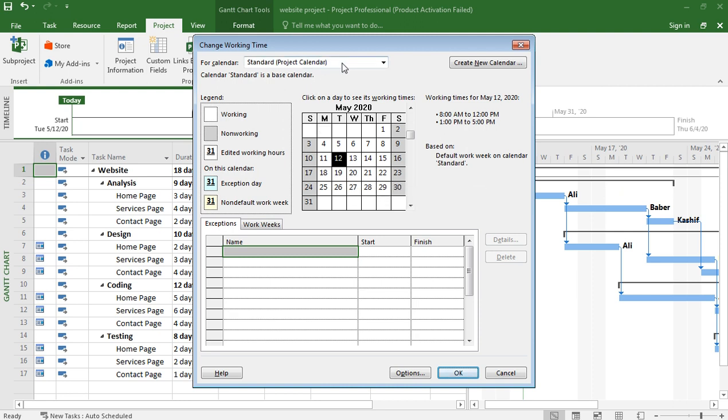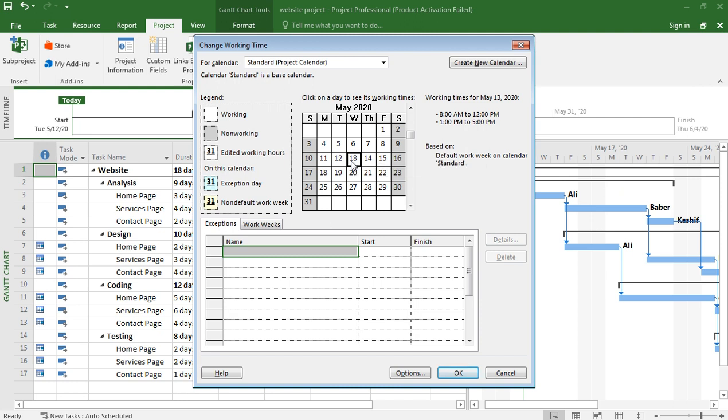Another important task is we should use this Gantt chart view. This is called the view, Gantt chart view. This shows all the tasks, all the activities here. Now if I go to project and we change the project date and time, calculate project, change working time.